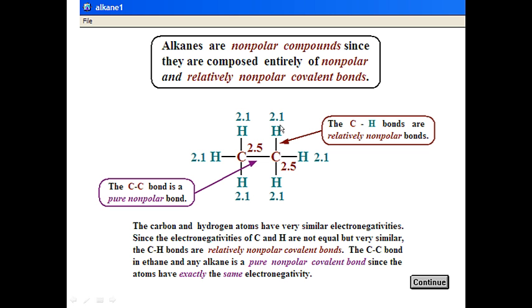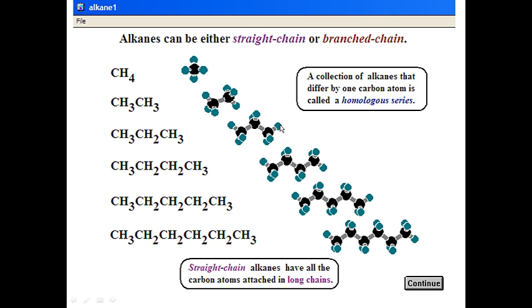Okay, so we've got the carbon-carbon bond is purely nonpolar, and then the CH bonds are what we call relatively nonpolar. So alkanes are carbons with nothing but single bonds. And so where do you see these in nature? Well, they do make up skeletons that we hang functional groups off of, but alkanes by themselves are going to be things like waxes, oils,